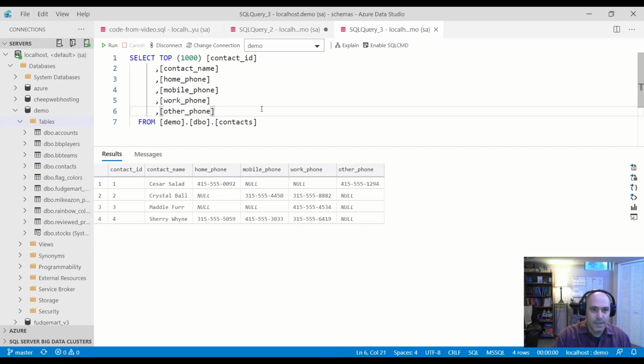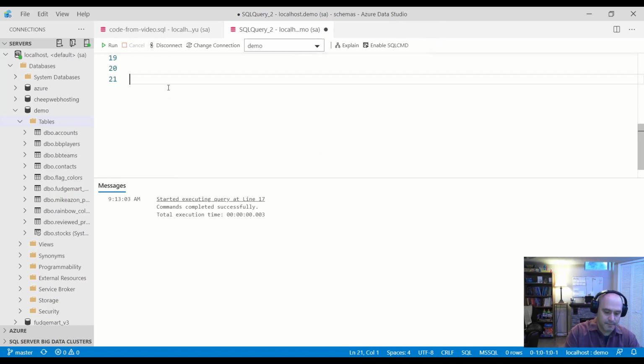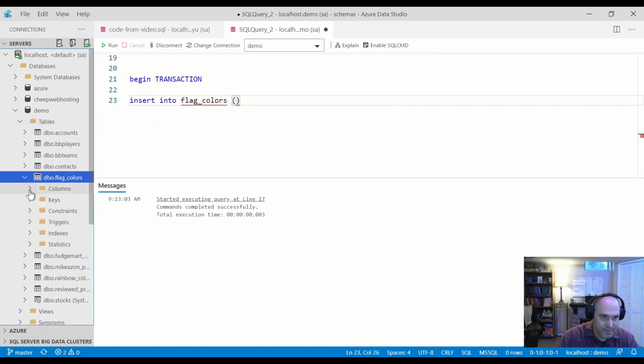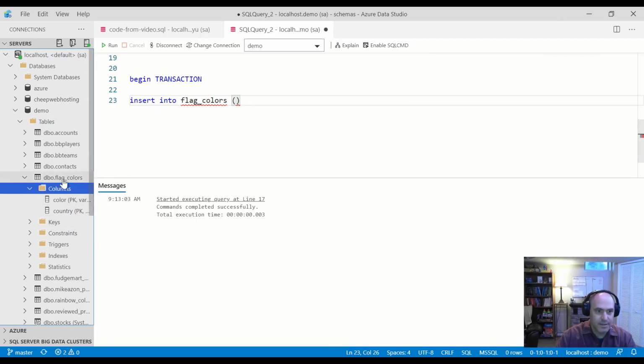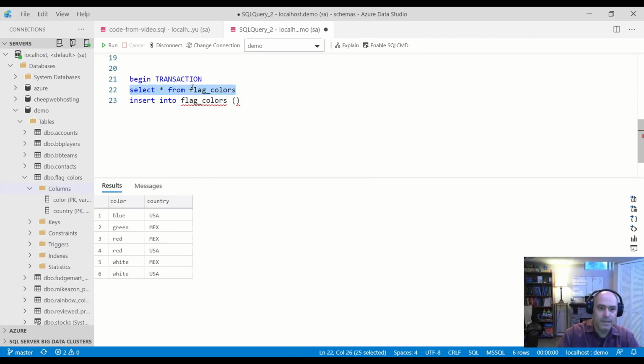It works. So what about a commit? Well, a commit just works the way it would normally work. So if I were to come down here and do begin transaction and then insert into flag colors, and I forgot what's going on with the flag colors table. I have color and country. So maybe I should select here. Let's see what we got in here. Okay, so let's do flag colors,